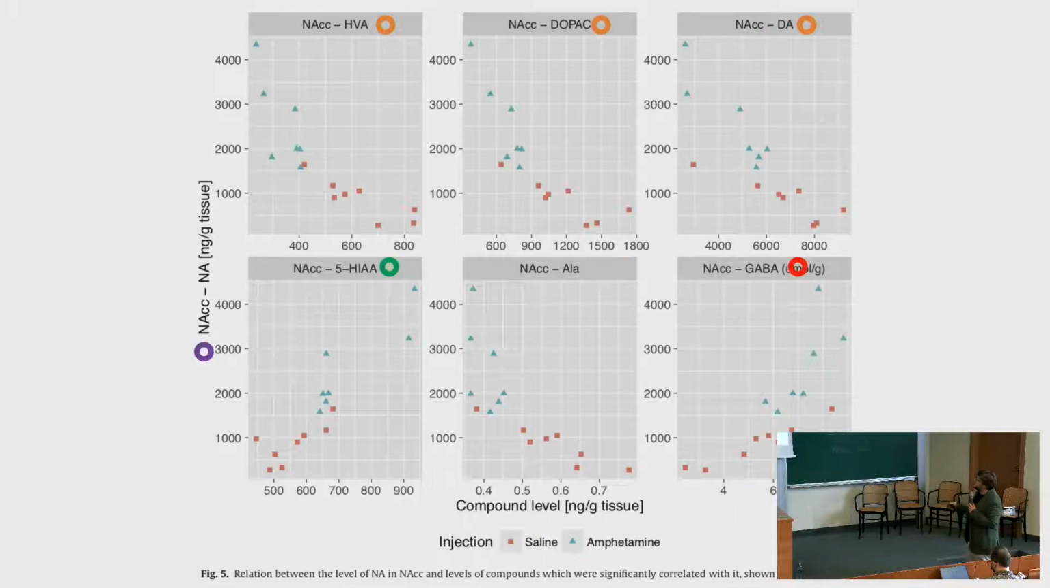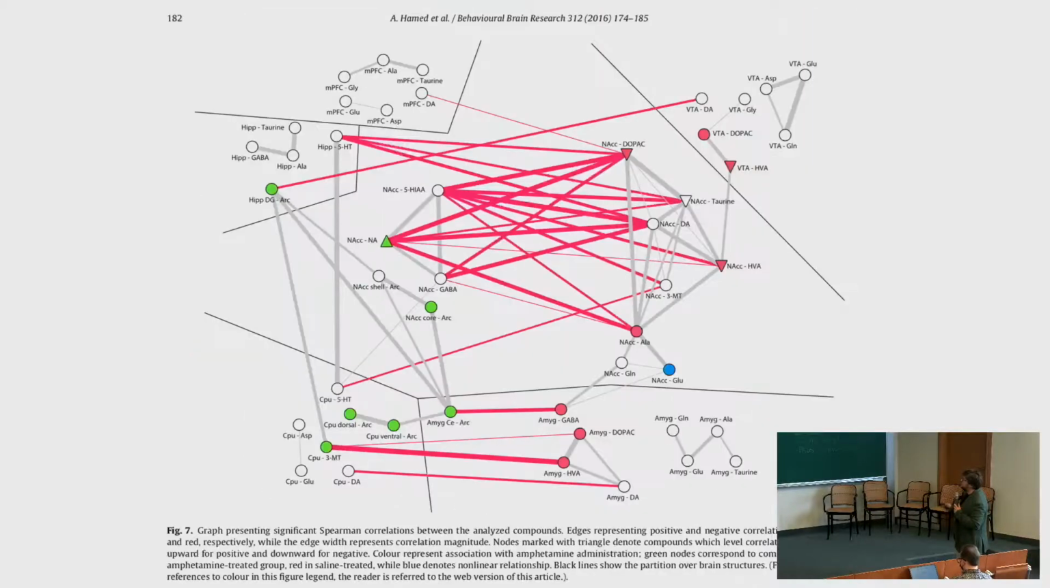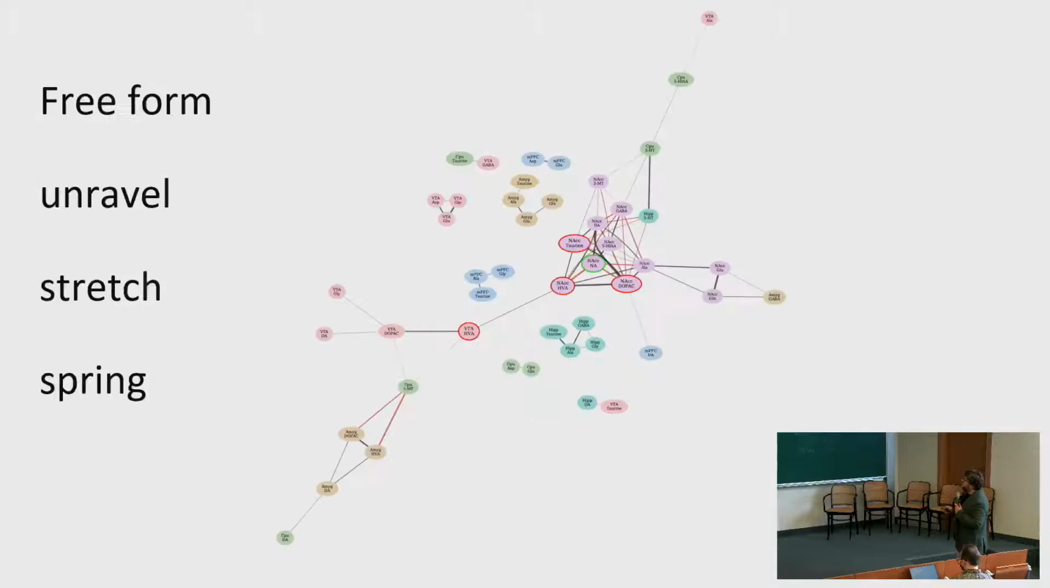So we extracted the correlation of the levels of the noradrenaline in nucleus accumbens, and we found that these levels negatively correlate with the dopamine metabolites and dopamine in nucleus accumbens, and positively correlate with the serotonin in the nucleus accumbens and GABA in the nucleus accumbens. So we did the